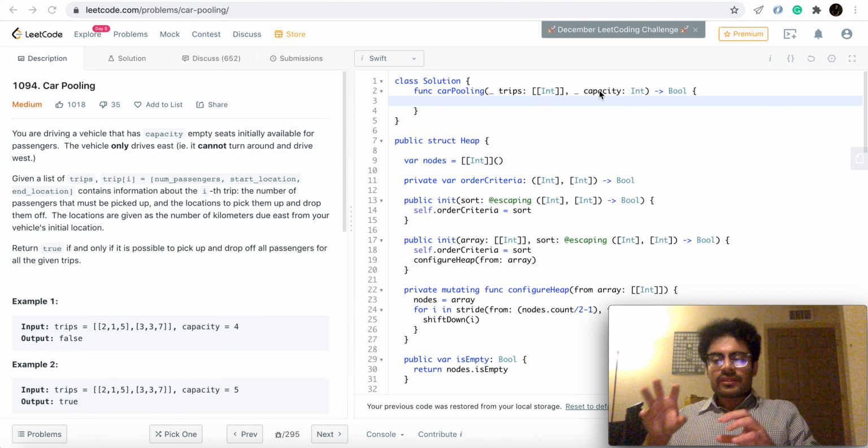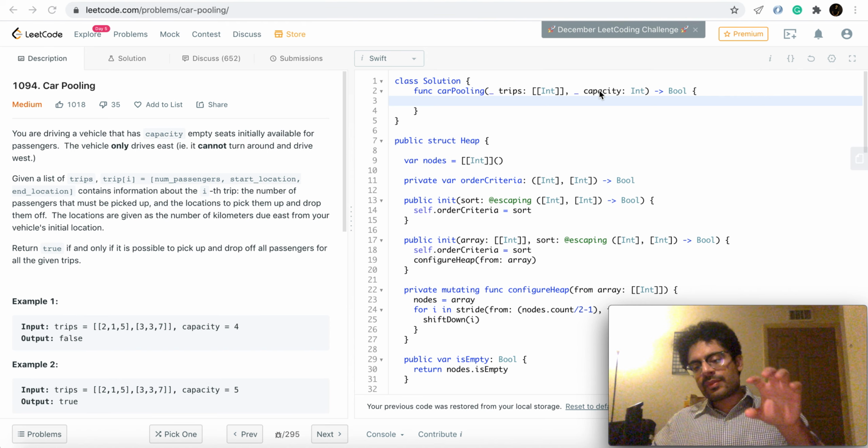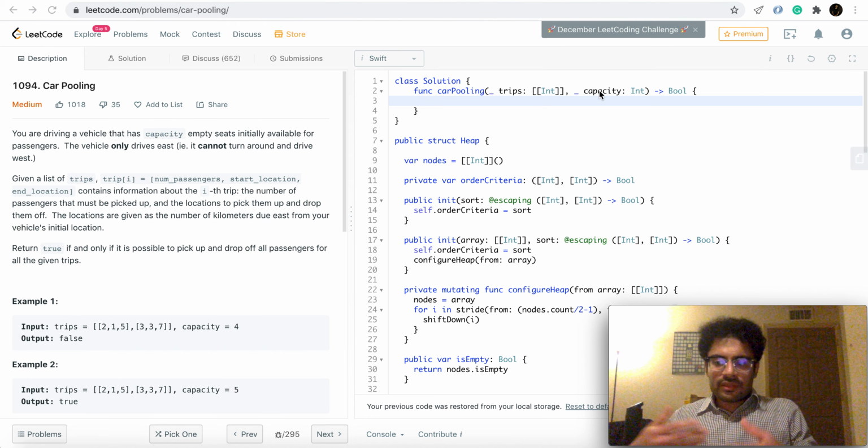So I'll compare the running capacity and the number of passengers that my current trip needs. If the current running capacity is greater than or equal to the number of passengers the current trip requires, I can accommodate them, and the carpooling will continue.